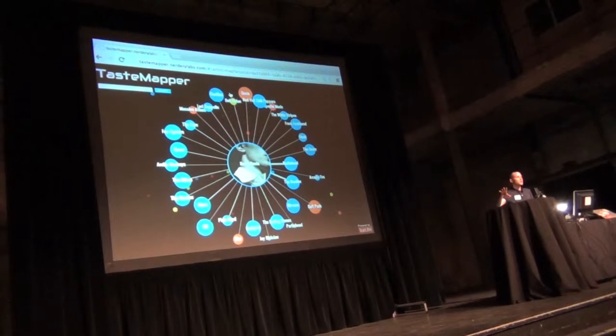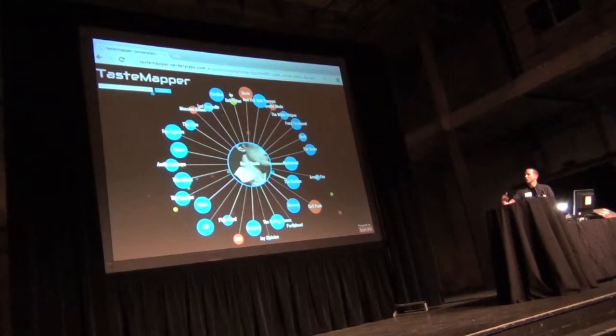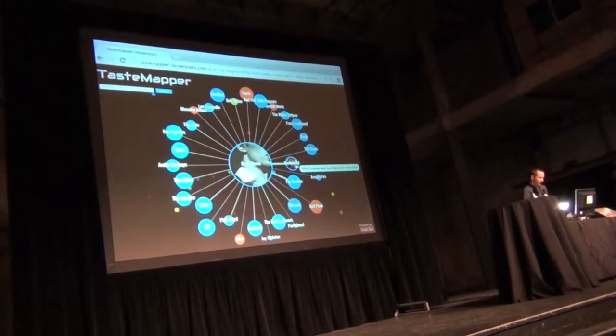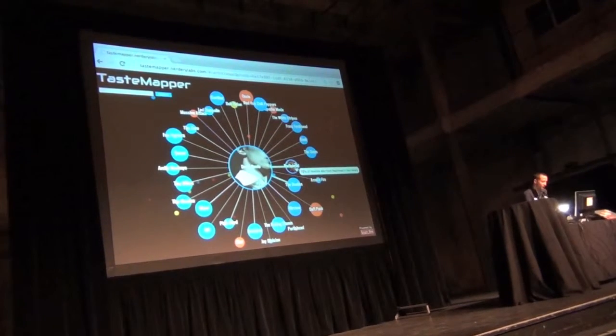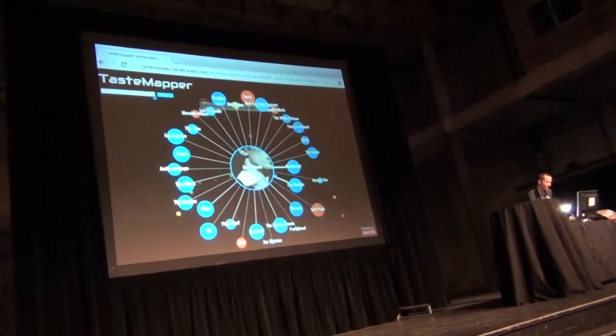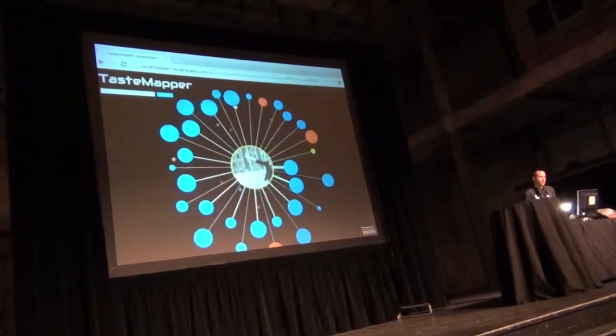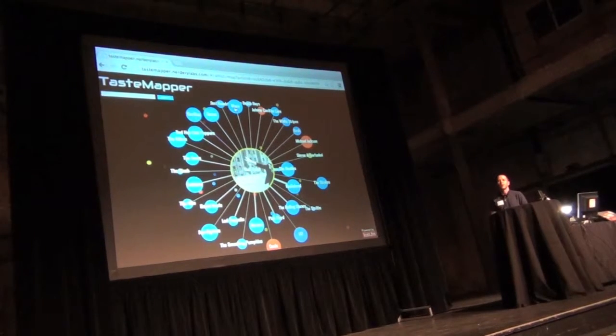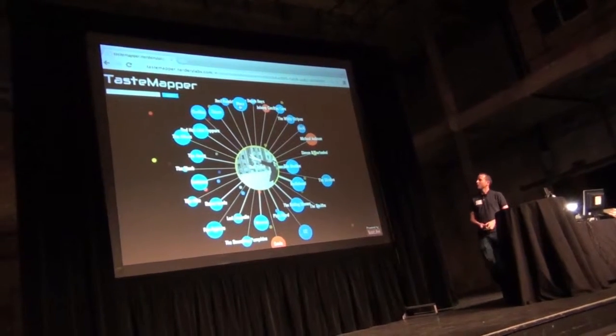And this allows us to see some really interesting relationships and correlations between different artists. So, for instance, Radiohead just happens to be very closely related to David Bowie as well as the Beatles. It's just a little fun project that we put together. I'll tell you a little bit more about the process that we went through.